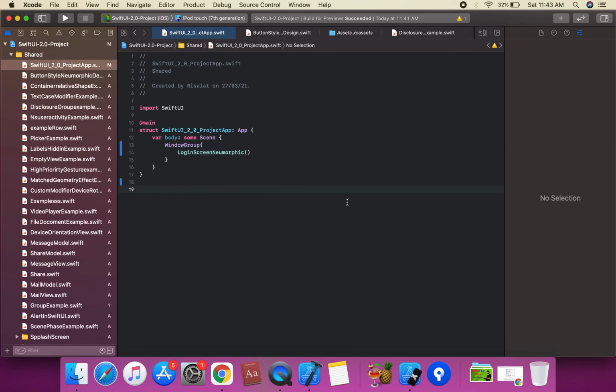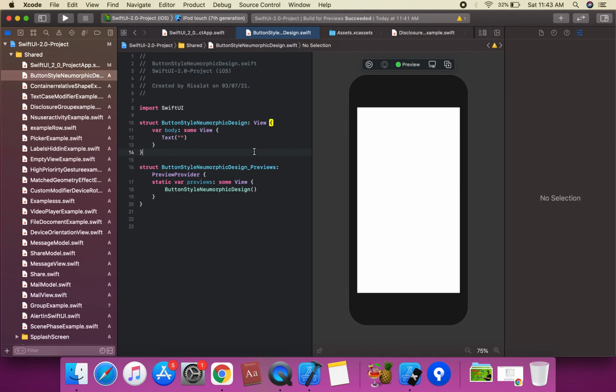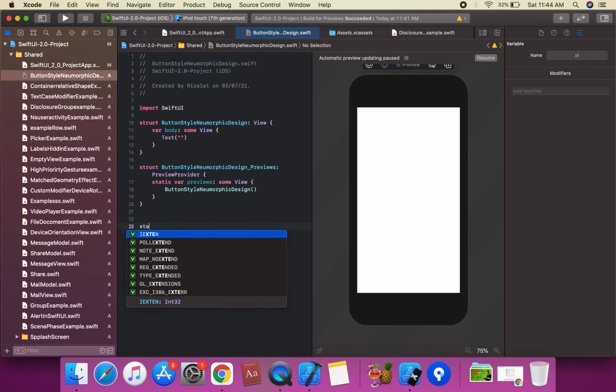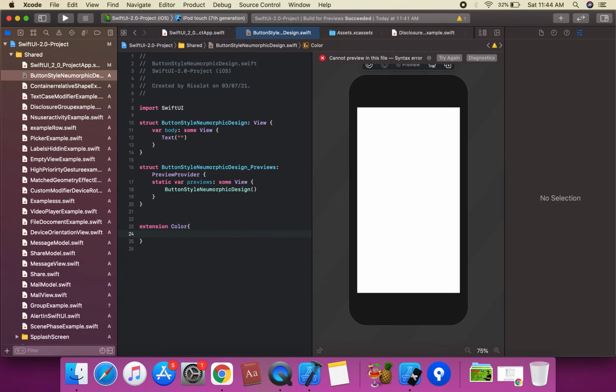So first of all, we're gonna create this SwiftUI view, and we can easily create a button style with neumorphic design. First of all, we're gonna create an extension, making use of background color. We can assign these extension colors. Suppose we're gonna create a static let, and we're gonna assign this